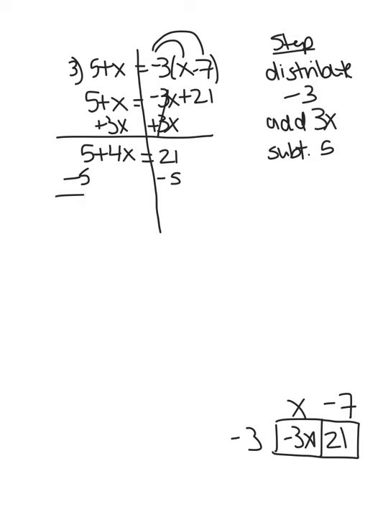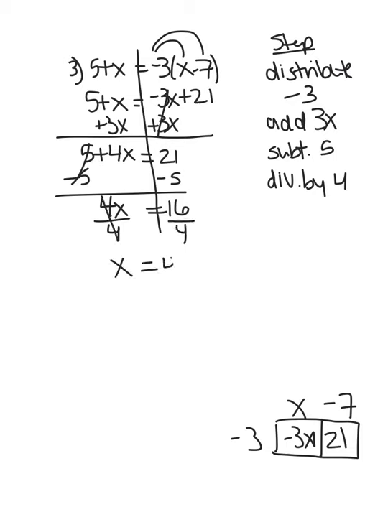Minus 5, minus 5. So 4x comes down equals 16. 21 minus 5 is 16. And now I have 4x. We need to get x by itself. So to get x by itself, we're going to divide by 4, both sides. Then I have x equals 4. There's my answer. Once we get x equals 4, we have an answer, then we're going to check